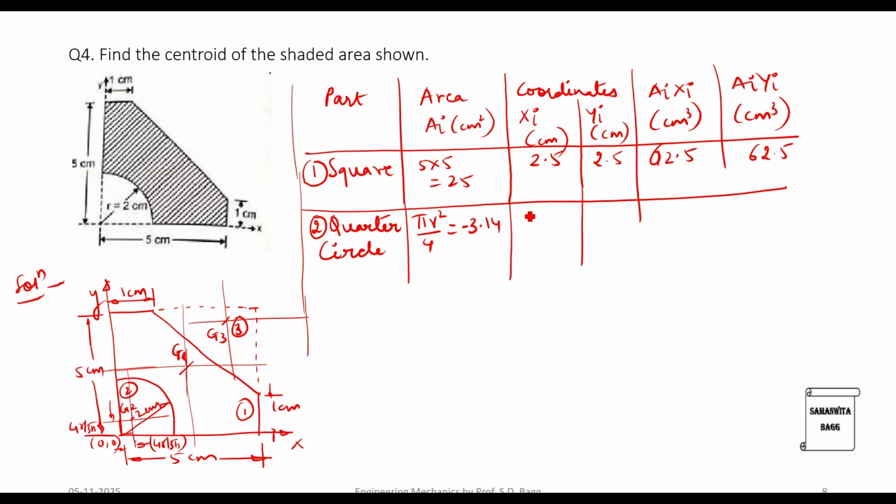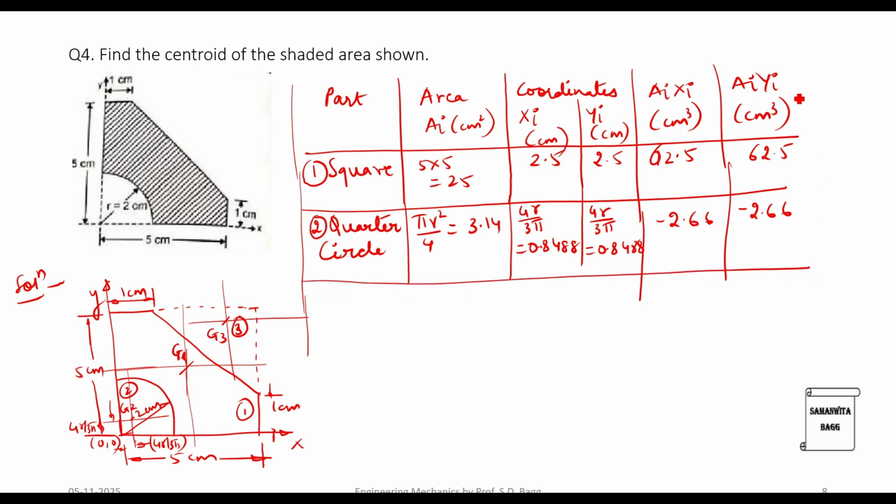So this is going to be 4r by 3 pi, which is 0.8488. This is also 4r by 3 pi, 0.8488. Then we will multiply these two and we get minus 2.66. And here again we'll get minus 2.66. Then we have the third shape, which is the right angle triangle,